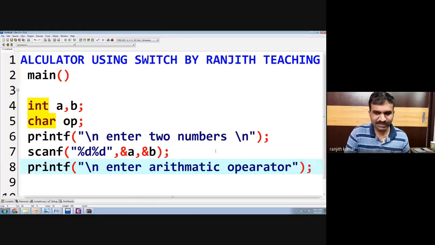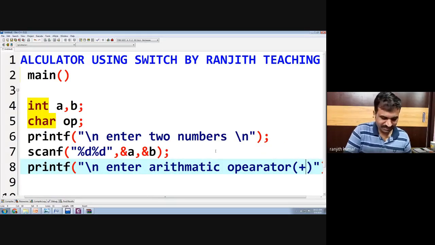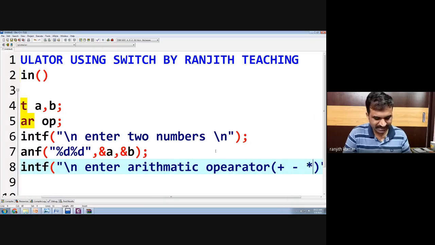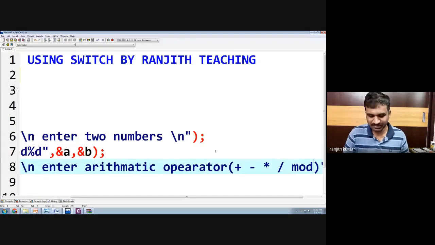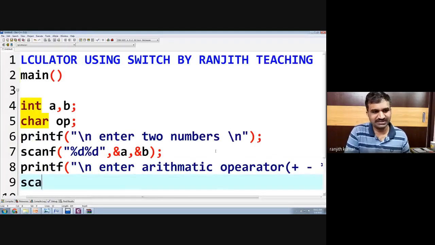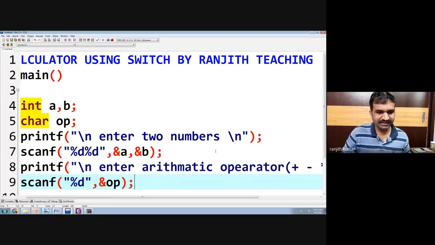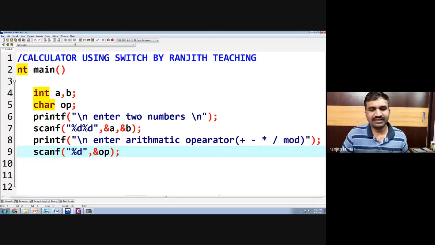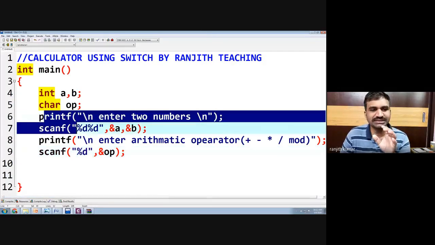As we know, the arithmetic operators are plus, minus, star, slash, modulus. If they don't know, you can list them out here: plus, minus, star, slash, and mod operator. That we will ask the user. So scanf %c and ampersand op. Till now, we have accepted two numbers and one